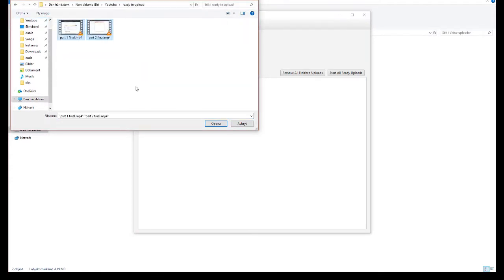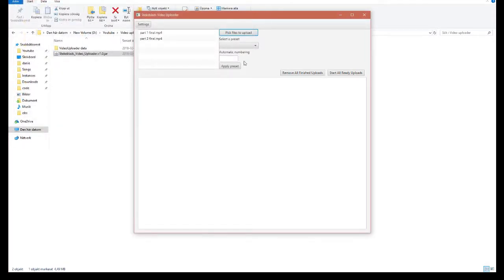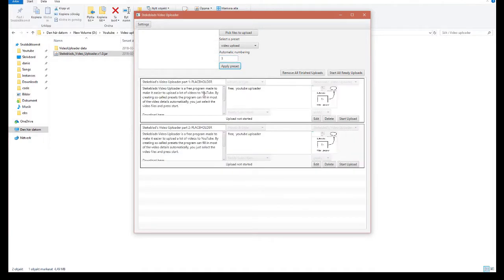I have them here, part 1 and part 2. After that, we select the presets, select where to start numbering, so it's 1, apply, and here we are, part 1, part 2, part 1, 2, and if we go down here, the playlist tag has been replaced by a playlist URL,